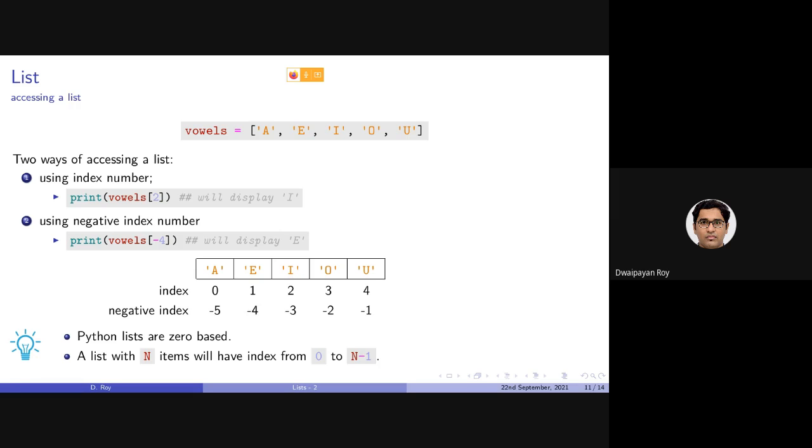Similarly, while using negative indexing, it will be -1 up to minus the number of items in this list. So if there are, say, m items, with negative indexing it will be from -m up to -1. In this case, there are 5 items, so that's -5 to -1, and the index is 0 to 4. So if there are m items, the index will be 0 to m-1, and the negative will be -m to -1.